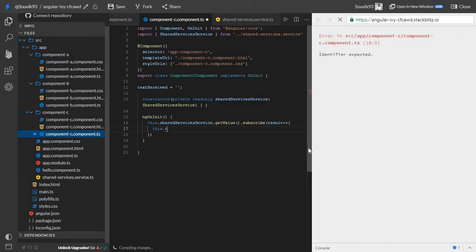So the same variable, or you can rename it to something different also, that's not a problem. Okay, so it should be result. Okay, I think we are done with this.